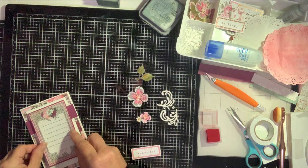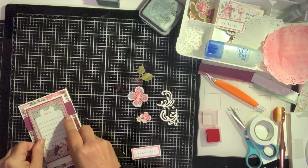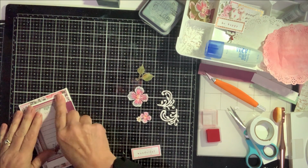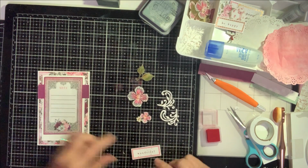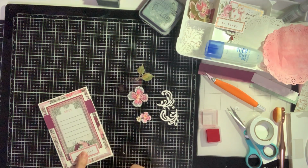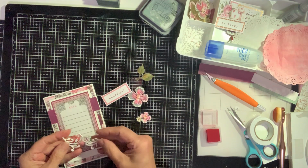I do find with the Prima collections you do have to add other colours and things because you haven't got as many papers as a lot of the other lines produce. But if you do buy the journaling cards, it does afford you more paper, but they do have the round corners. Now I decided down here I wanted this wonderful stamp, but before I do that, this is where these